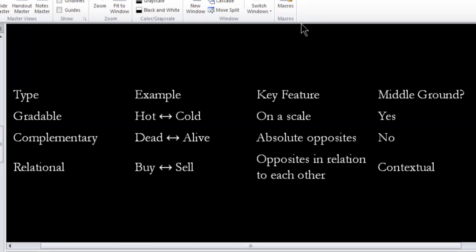We have a word that is dead. इसका एंटोनिम क्या है? Antonym is alive. So अभी डेड में वेरी मच डेड या वेरी मच अलाइव हम नहीं कह सकते, but these are absolute opposites. Like these are the borders, या तो वो डेड होगा या अलाइव होगा। इसमें फिर कंपेंसेशन नहीं है कि हम कह दें कि वेरी मच डेड और वेरी मच अलाइव। क्लियर? No middle ground.